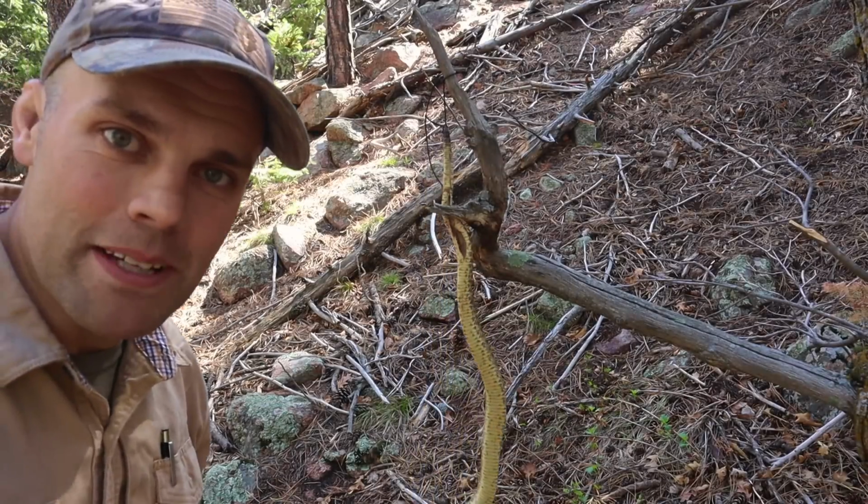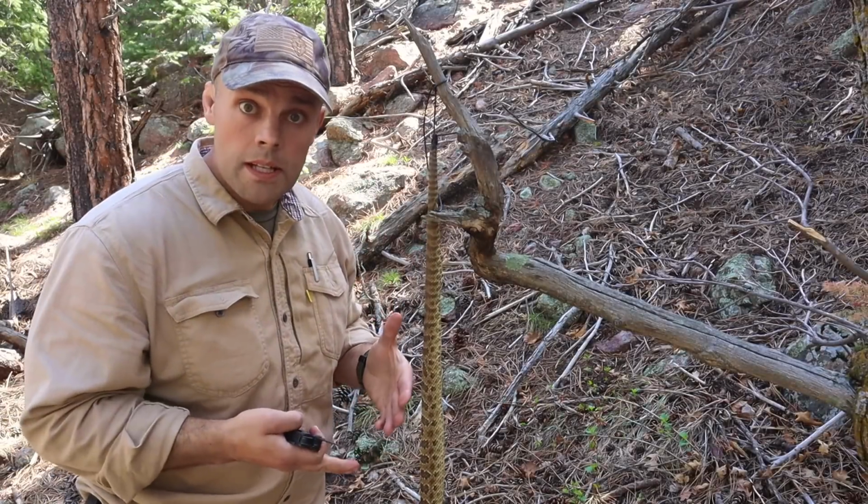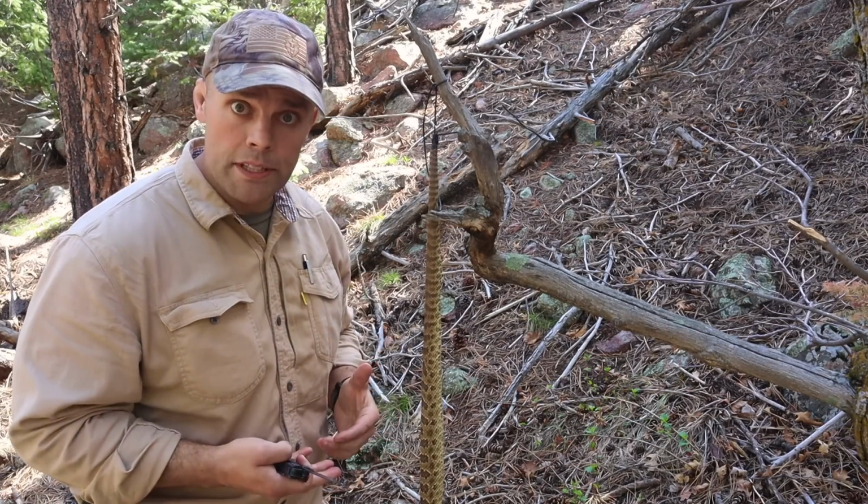This guy's still fighting me. He's still not dead. Jeez. Alright, so I'm going to attempt to skin this guy and gut him really quick while I'm talking to you